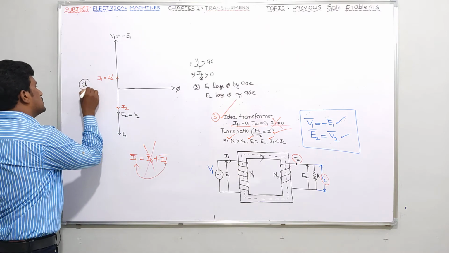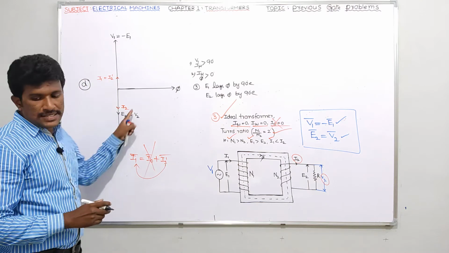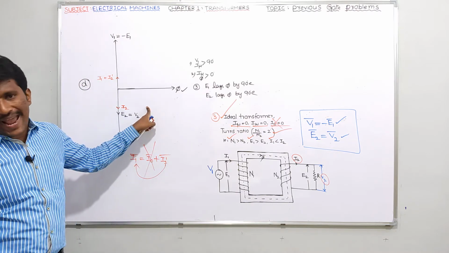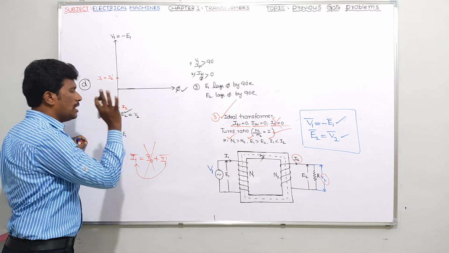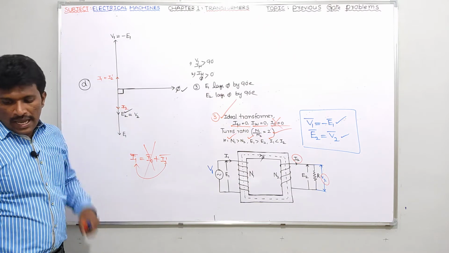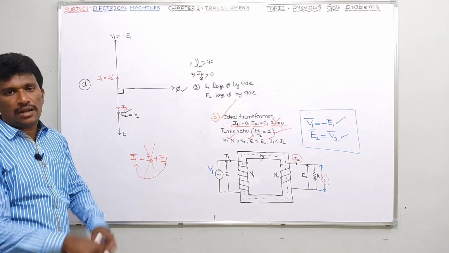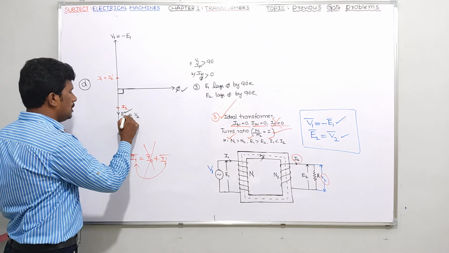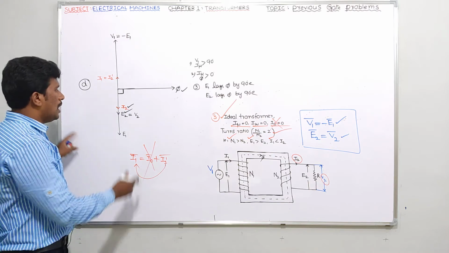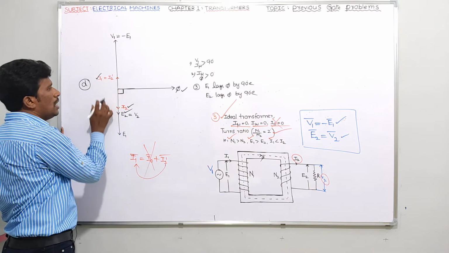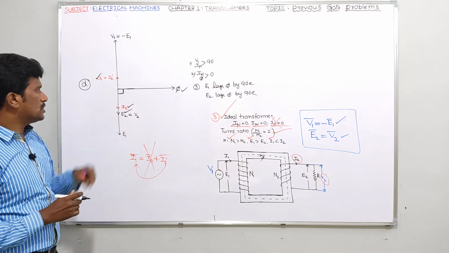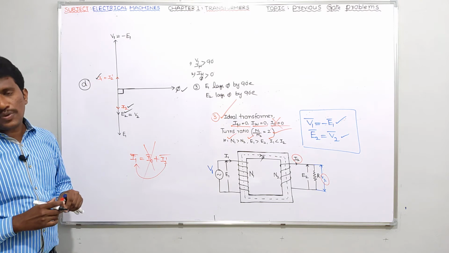In option D, if you observe clearly, E2 lags phi by 90 degrees. This statement was justified in option D also. Very good. And in option D, E2 and I2 are parallel. That means E2 and I2 are in phase. Next, I1 and I2 are out of phase. I1 magnitude is less, I2 magnitude is more, as he has clearly shown. This is also satisfied. And tell me which one is missed here.